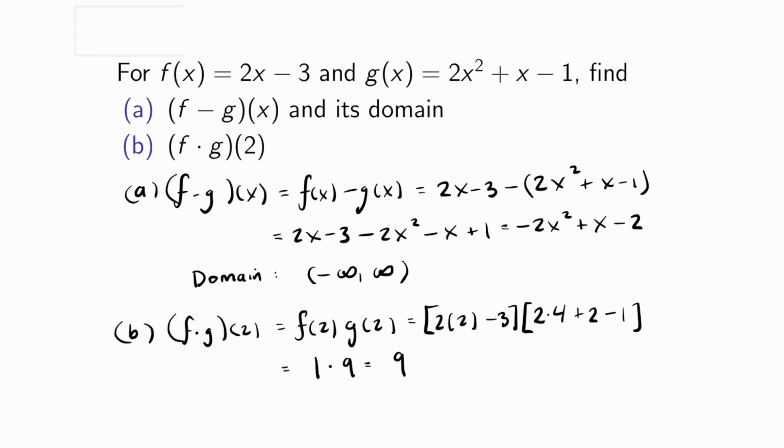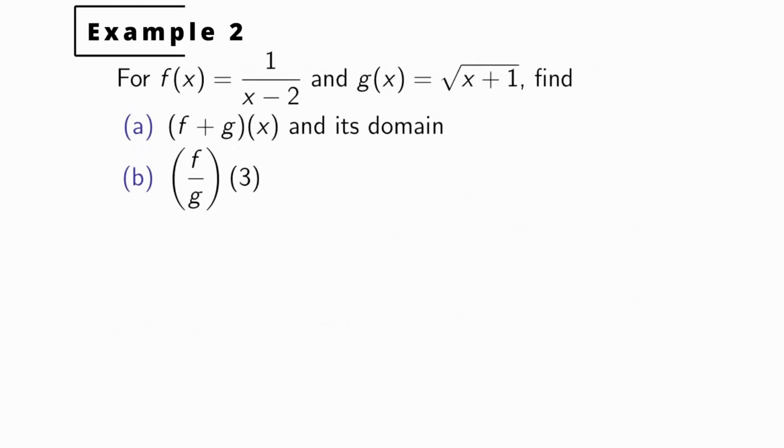And that's it. Example 2, for f of x equals 1 divided by x minus 2, and g of x equals the square root of x plus 1, find f plus g of x and its domain, and then f over g evaluated at 3. So for A,